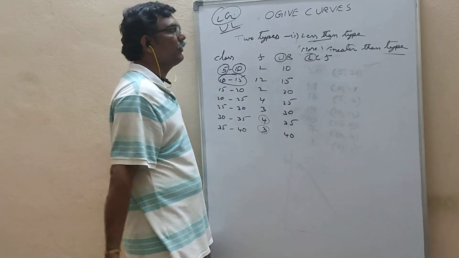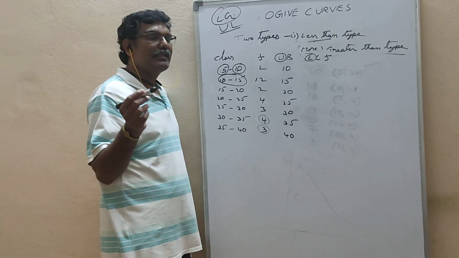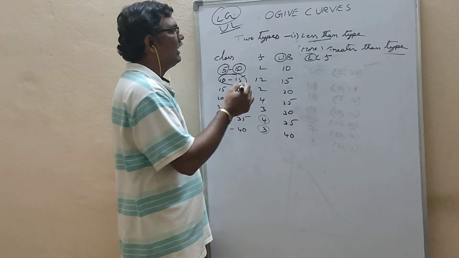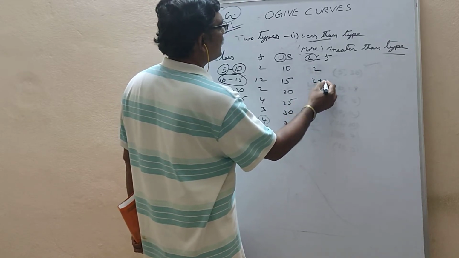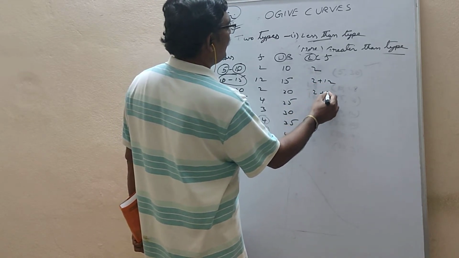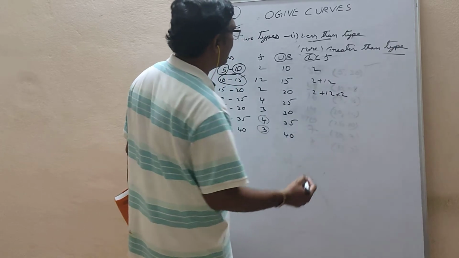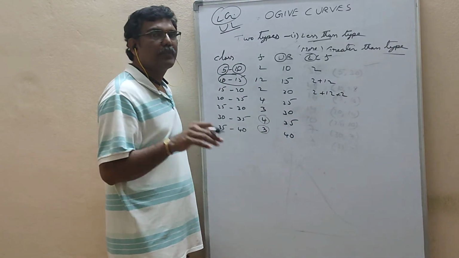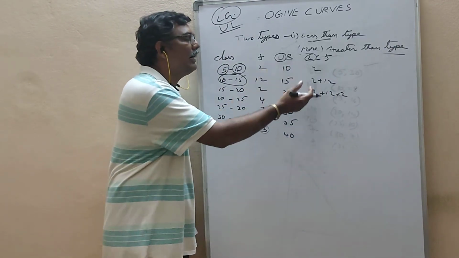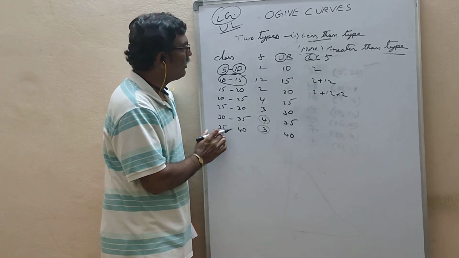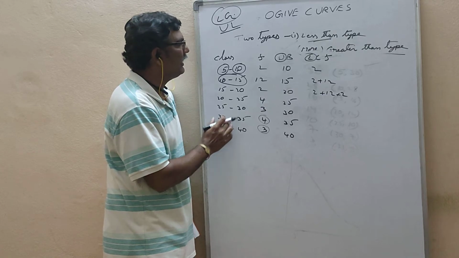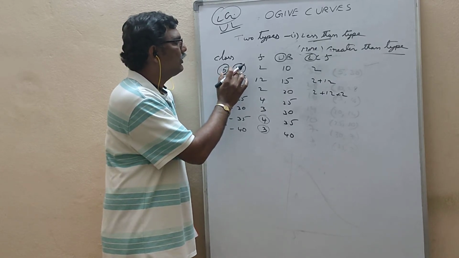Now LCF, how do I have to do it? In 9th class what I said is, first write 2 as it is, and here 2 plus 12, and 2 plus 12 plus 2, something like that, and you did it like this. So here now you will understand why you have to add this. Just now I said it for lower boundaries. Now here, see, we take upper boundaries.